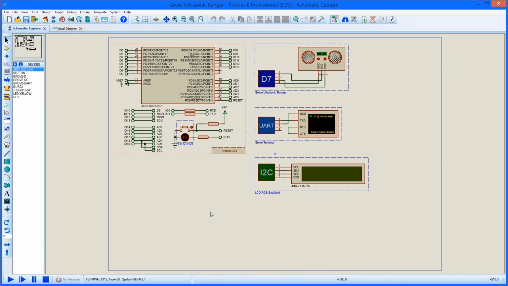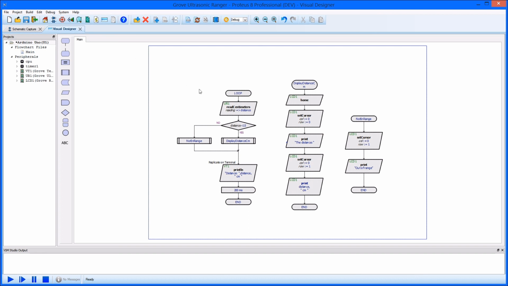This short movie shows various different ways that you can debug Visual Designer projects. The design uses an Arduino Uno with a Grove ultrasonic rangefinder, a terminal, and LCD display. Our test program reads the results from the ultrasonic sensor, writes it to the terminal, and then formats the message